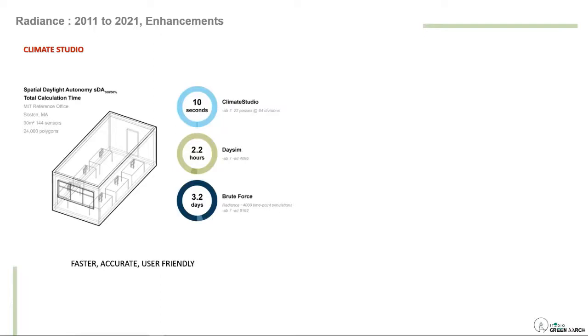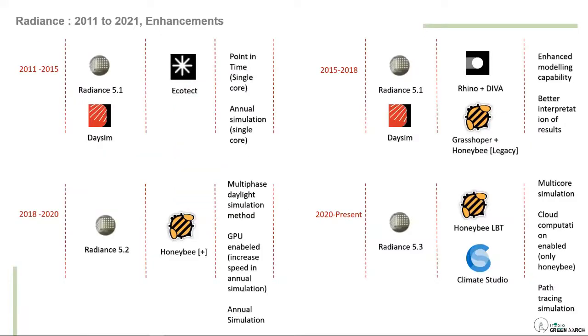The only caveat with this is that you have to understand how the simulation engine is working, because unless you know that, you will not understand the difference between Radiance 5.1, 5.2, 5.3. In your practical field, when you're working on a project, a lot of times, if you are a simulation expert or a modeler, a different company can give you a model to check or to validate. So never confuse one particular simulation model with another.